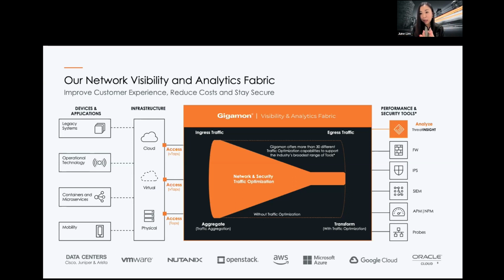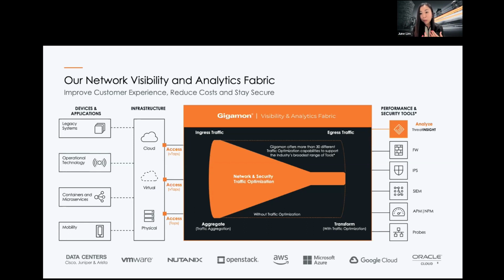Either by filtering layer 1 to layer 7, you can filter by port, by MAC address, by protocols, or even by application. Maybe your SIEM wants to see everything except YouTube traffic. Then by a configuration on Gigamon, you just say, I need the traffic to pass everything except YouTube or except Netflix, send to SIEM, done. Very easy for Gigamon as a visibility fabric. We see everything, including the application layer, layer 7, and then you can do the necessary traffic optimization.